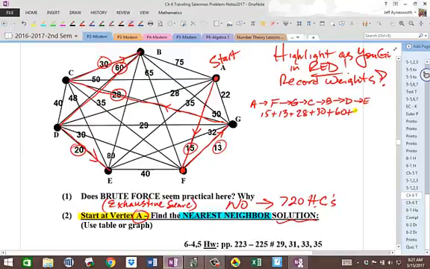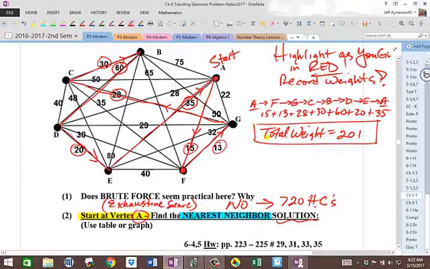And then I've got to go back home. When I go back home, that's weight 35. Because it's a circuit, we want a Hamilton circuit, and that's 35 more, so plus 35. The total weight would be the sum of all these. If you add them up, you get a total of 201. You should verify that, by the way. The total weight for this Hamilton circuit, the nearest neighbor solution, as it's called,